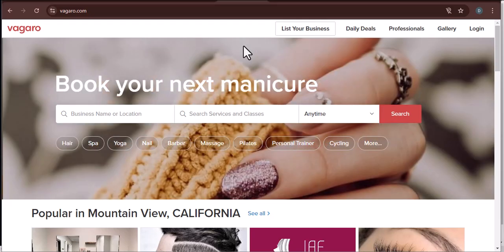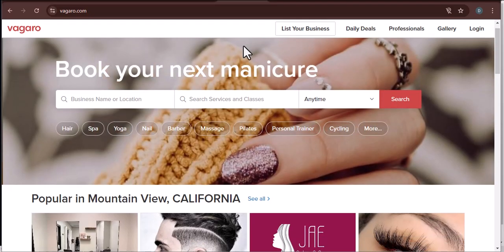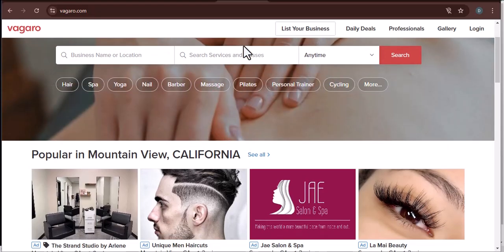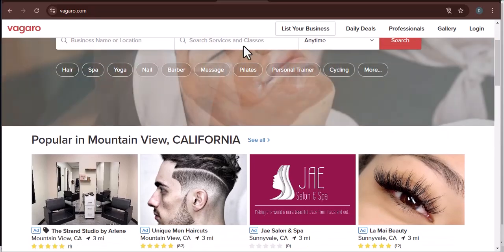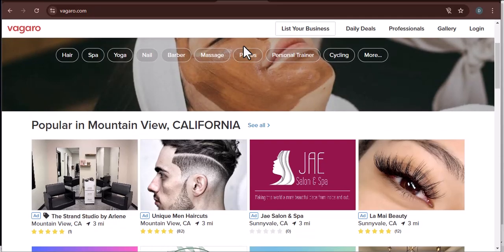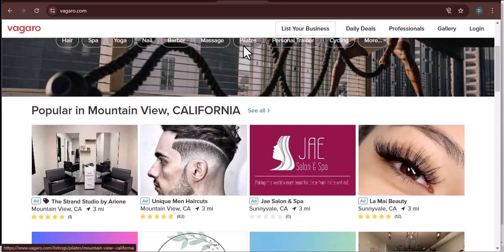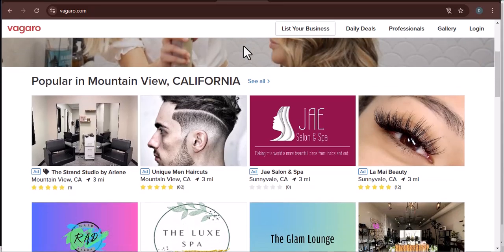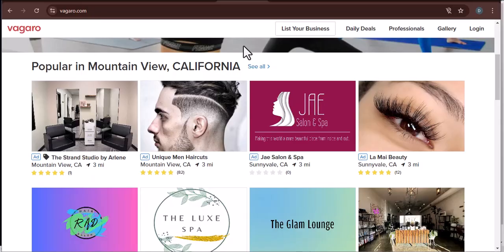Let's start by understanding why deposits are so crucial. Beyond the obvious financial protection, deposits foster commitment. When a client has a financial stake in their appointment, they are far more likely to honor it. This reduces no-shows and last-minute cancellations, freeing up your time for paying clients and allowing you to maximize your earning